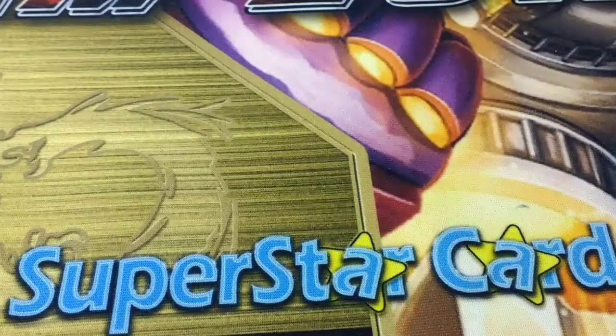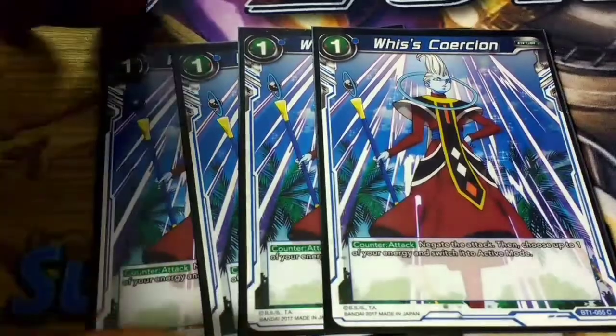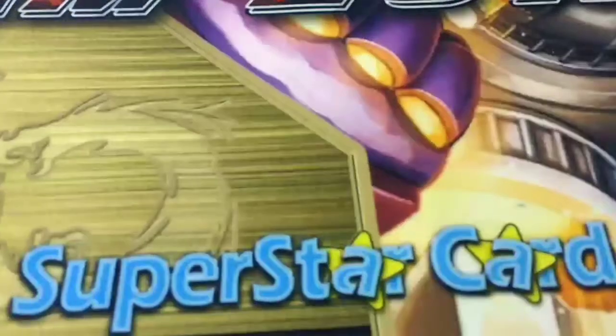Next up, and lastly for the one drops, what I feel is the best negate in the game is Whis' Coercion. It stands an energy once you cast it, so I feel like it's still the best negate in the game. Next up for my 2 drops, I'm playing 4